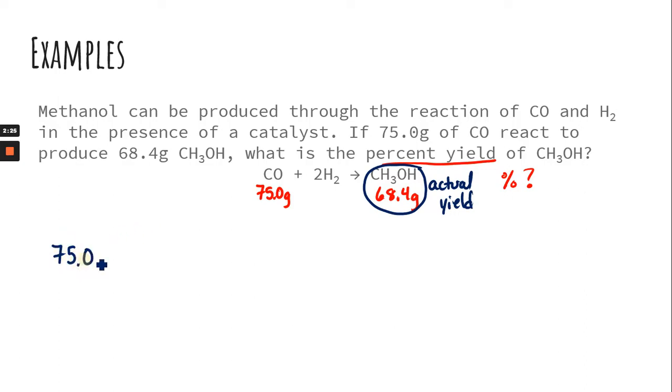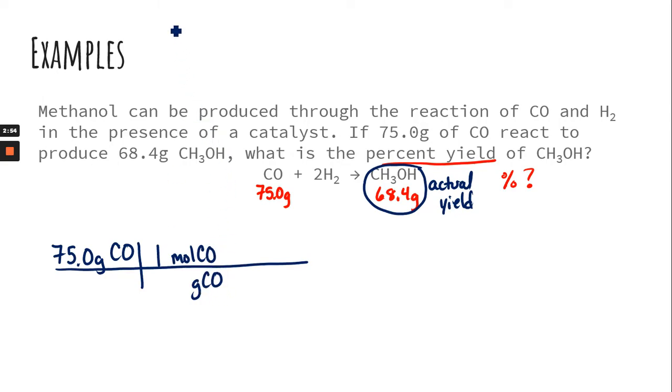In this case, it's 75 grams of carbon monoxide. And then you do stoichiometry to get to the grams of the product. So the first step of stoichiometry is to convert the given to moles. So that's what we're going to do first. Bring your grams of carbon monoxide to the bottom, moles of carbon monoxide on the top. Based on our roadmap, we know that 1 goes with mole, and the molar mass would go with carbon monoxide,